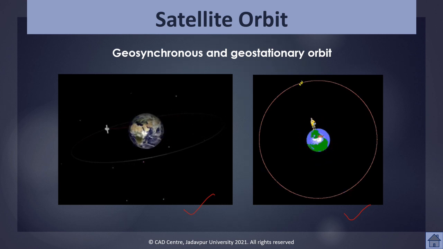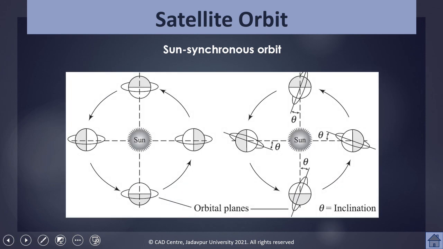Rather, we use a special type of orbit in case of remote sensing, that is called sun synchronous orbit. Now we have to understand what it means by sun synchronous orbit. Now see, normally when we place a satellite in an orbit, then the connecting line in between sun and earth